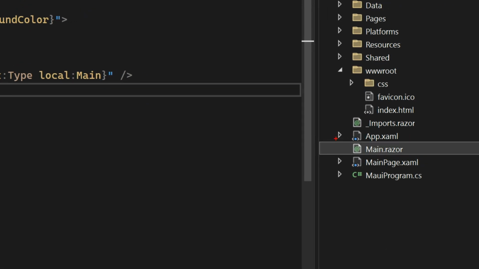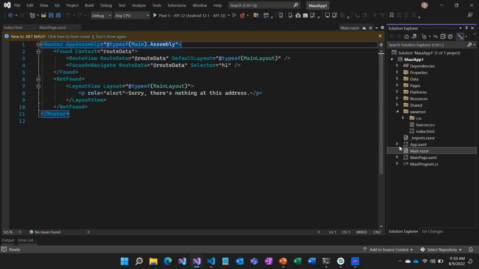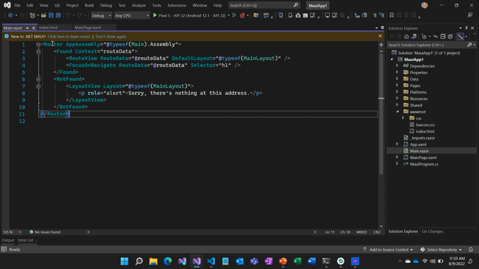Well, over here in Main.razor. Of course, Blazor components are all defined in Razor files, which is a mixture of HTML and C#. Let's go ahead and open that up. Here's Main.razor. Now this is the Blazor router component. What the router component does is it takes care of handling any browser navigations, intercepting them, and then rendering the corresponding component that has that route. Every Blazor app has this. If you had a Blazor web app, you would have exactly this same file living in your application as well.